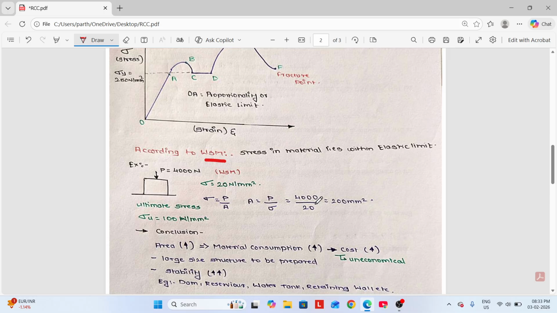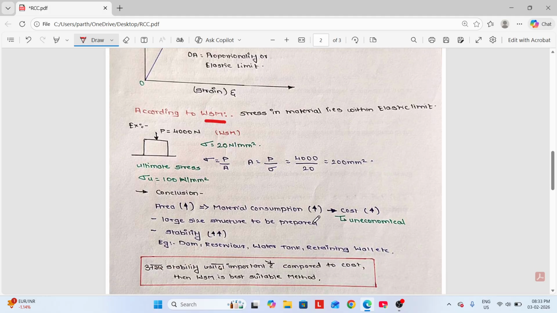So the area here we get is 200 mm square. The conclusion from this is, when we increase the area, the material consumption increases, which directly affects the cost, so that it becomes uneconomical to use. So large structures are to be prepared, but